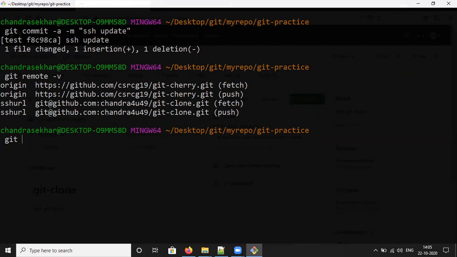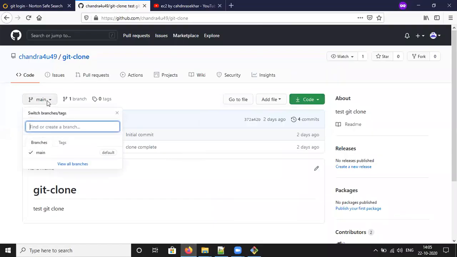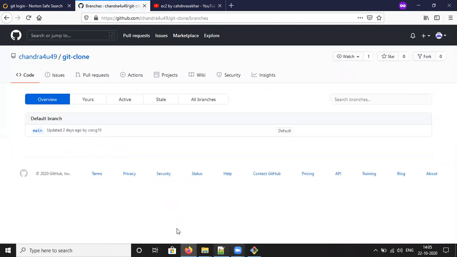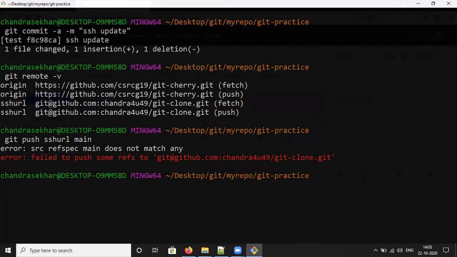Git push origin, sorry, ssh url, master. Which branch is currently running? That is the main branch. Yes, there is only one branch. We need to use main as the branch.